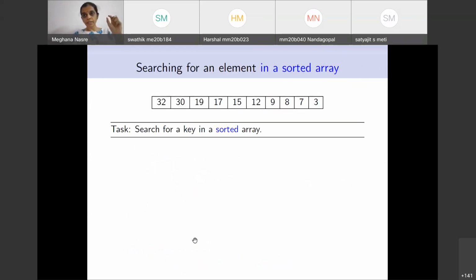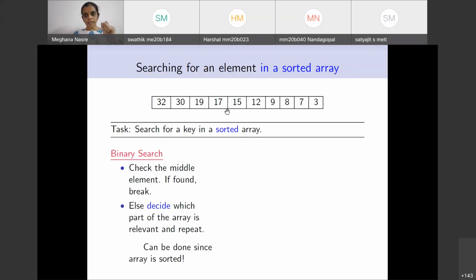We have an input for which we are guaranteed that it is a sorted array, and the sorting can be in any way. In our example, it is sorted in non-increasing order. That is, it is decreasing as long as the elements are distinct, but it can be non-increasing if there are duplicates. And we are given a key, and we are interested in finding whether the key is present in that array. The same question is there. However, the input has the guarantee of being sorted.